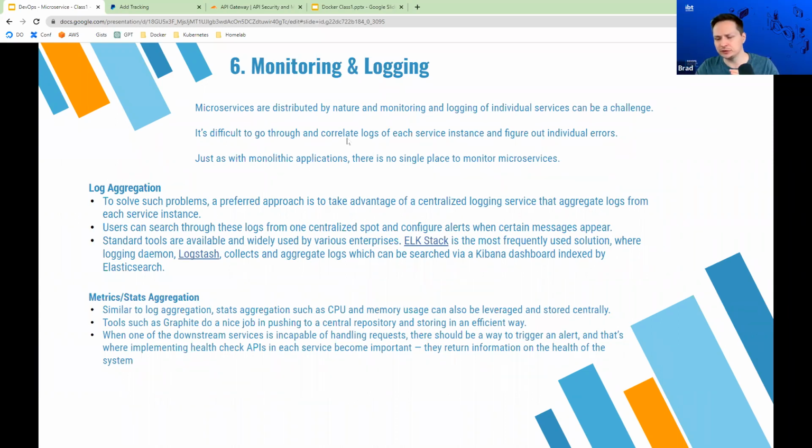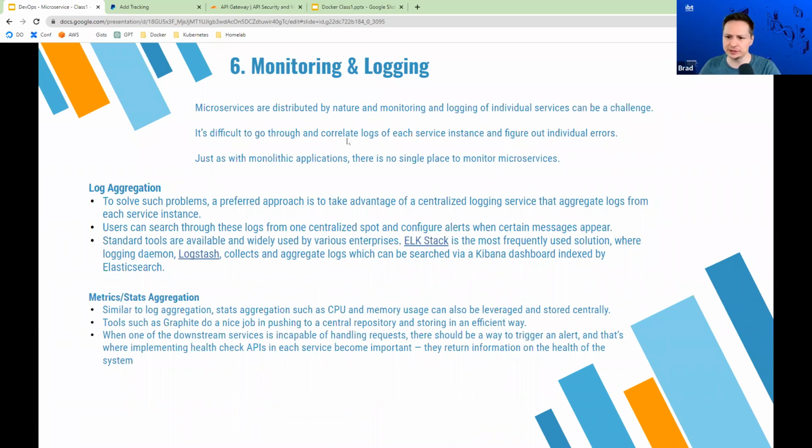So we have lots of different tools to ship those log files into other observability tools. This example talks about the ELK stack, which is Elasticsearch, Logstash, and Kibana. Basically, this is a tool that you can log into, and all your different servers and microservices are going to send logs to it. Then you can log on to this one place and see all your different logs. So that's what log aggregation is.